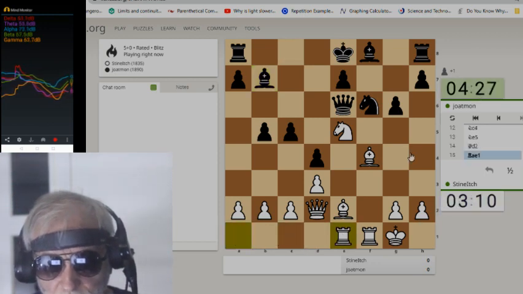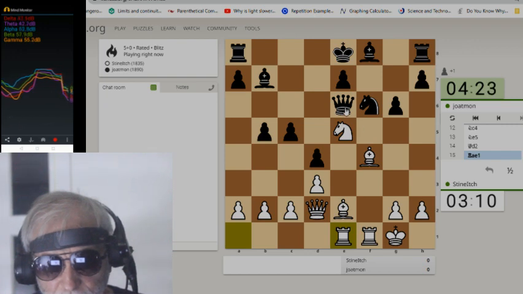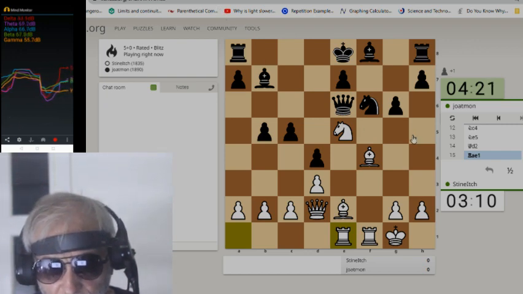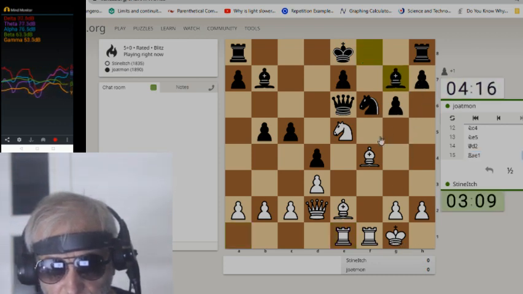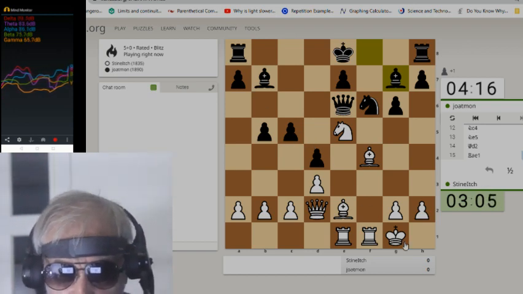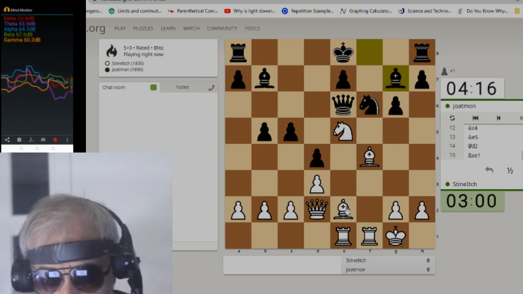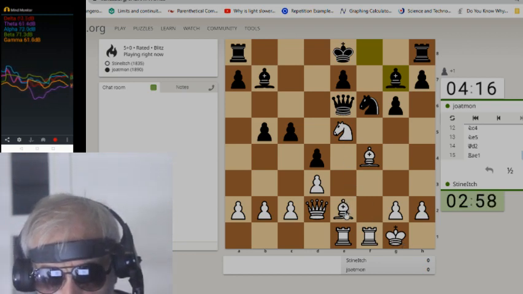3 minutes to 4:28. If he tries to castle over there, he's going to have his king pretty wide open, as compared to my king, which is pretty well protected. I've got these closed and this diagonal closed against it. Okay. Now it's just a matter of